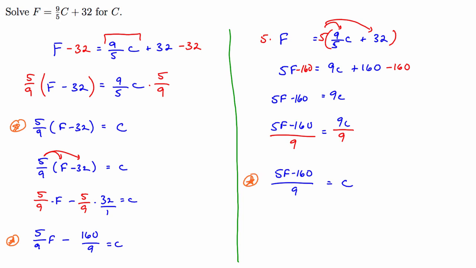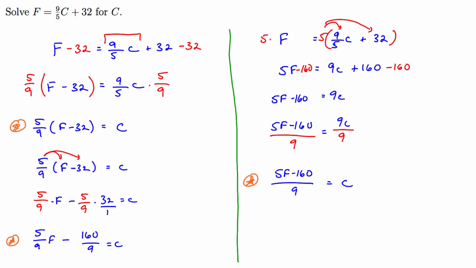All three of these formulas are equivalent. If you take any value for F and substitute it in for the F in any of the three starred formulas, the 5/9 in parentheses F minus 32, or the 5/9 F minus 160 over 9, or the 5F minus 160 all over 9,